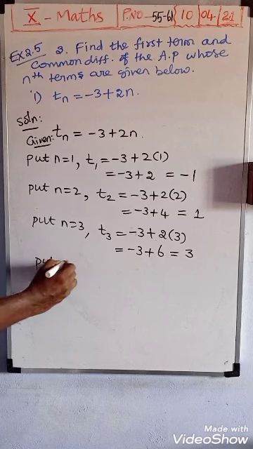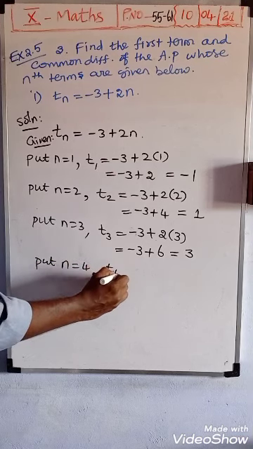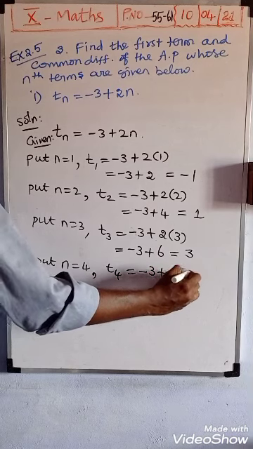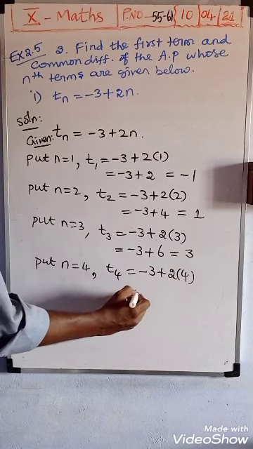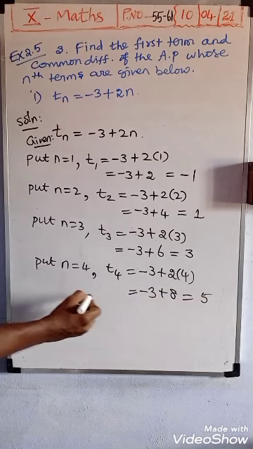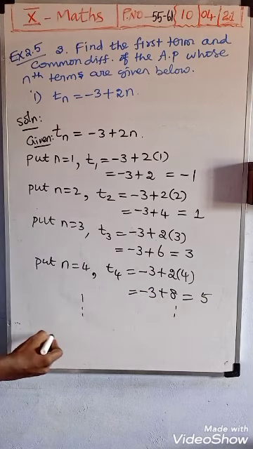Or else put n is equal to 4, means T4, the fourth term. So minus 3 plus 2 times 4. Instead of n we substitute 4. So minus 3 plus 2 fours are 8. 8 minus 3 gives 5. So like that it will go on. Okay, therefore